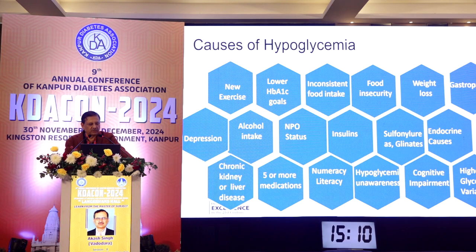I will not dwell on all of them because it's a long list, but a new onset of exercise, a sudden tendency to reduce weight or to decrease food intake, gastroparesis, depression, alcohol intake, NPO status, sulfonylureas, insulins, endocrine causes, chronic kidney and liver disease, multiple medications for diabetes, hypoglycemia unawareness, cognitive impairment, and higher glycemic variability, all are important